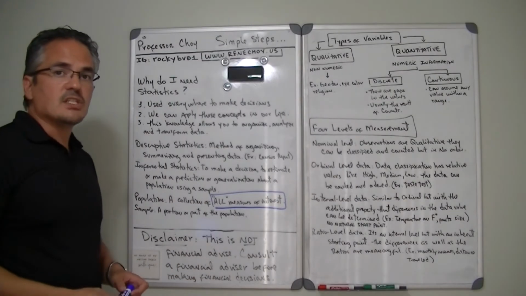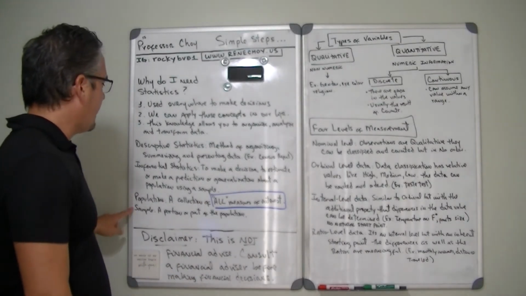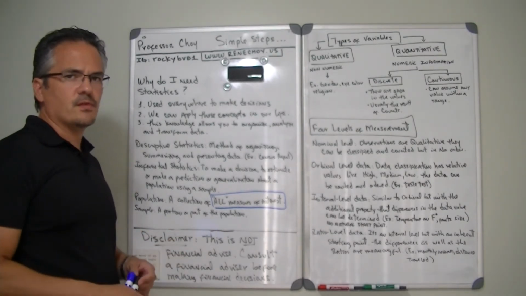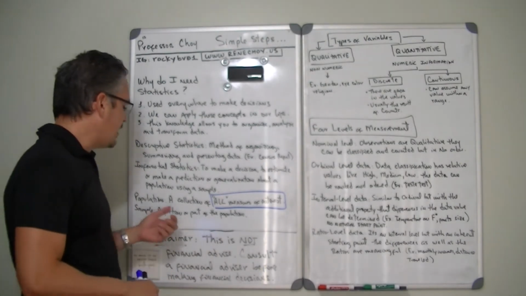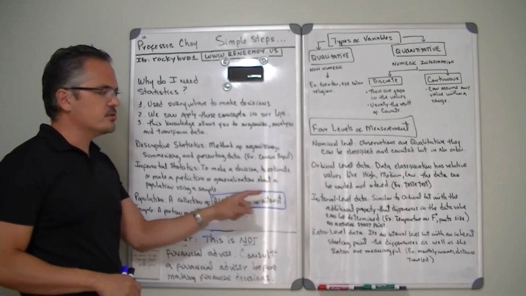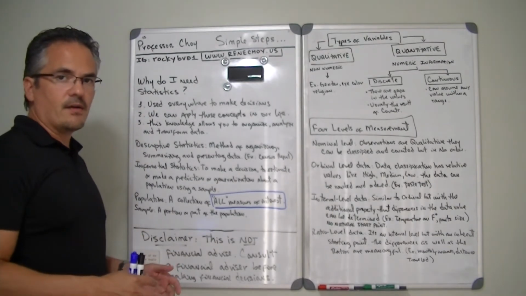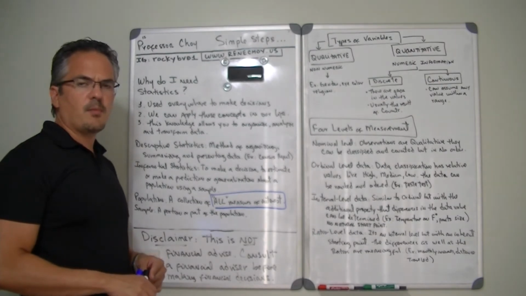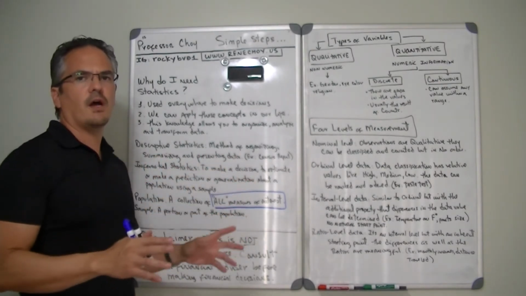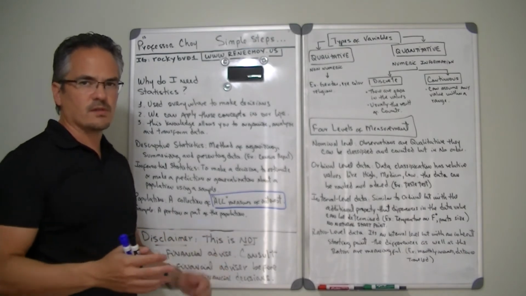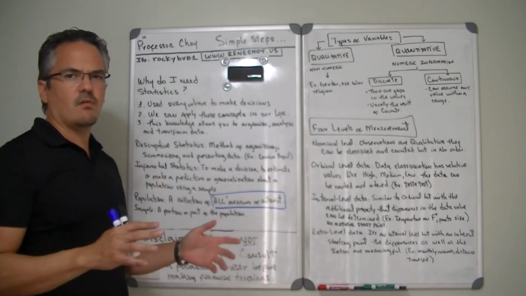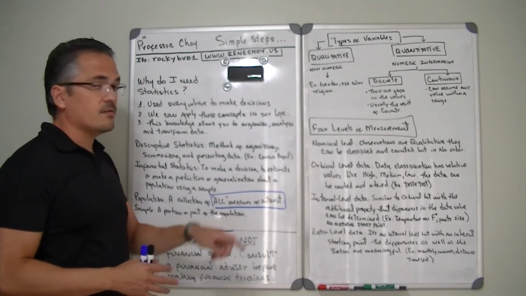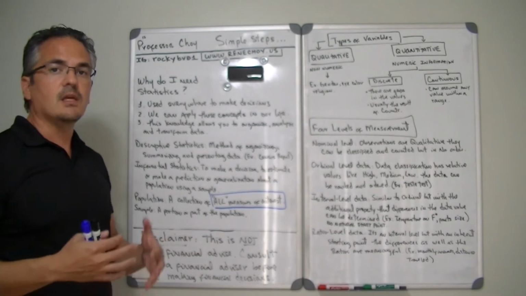Alright, now let's talk about the difference between population and sample. This is one of those questions that plenty of my students ask me and they get a little bit confused, but it's really not that difficult. A population is a collection of all the measures of interest in the data set that you have. But you can define the measures of interest. So most people, when they think about population, they think about every single one of something. But that's not really how it works, because it's kind of impossible to collect every single one of something. Instead, you want to be thinking about a collection of all the measures of interest that you have. So you can define your own population.